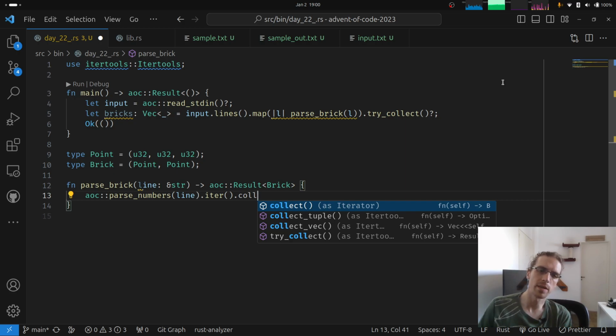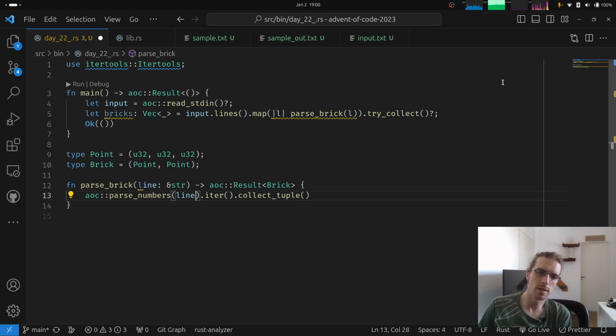Which now makes me think that maybe the parse numbers function could return an iterator instead, because here I will be doing an extra allocation unnecessarily. This thing, however, could give me back an iterator over the numbers,